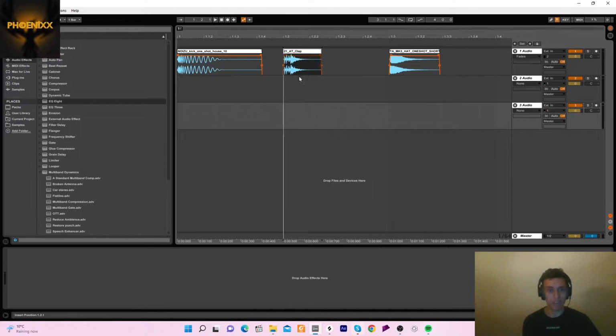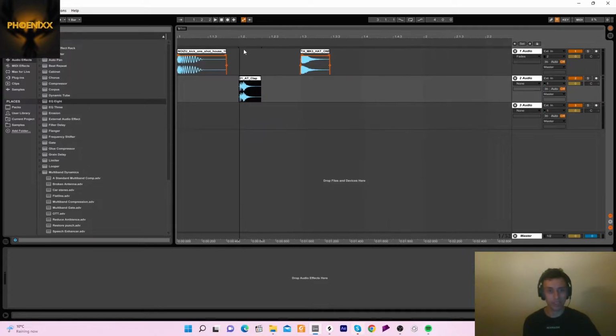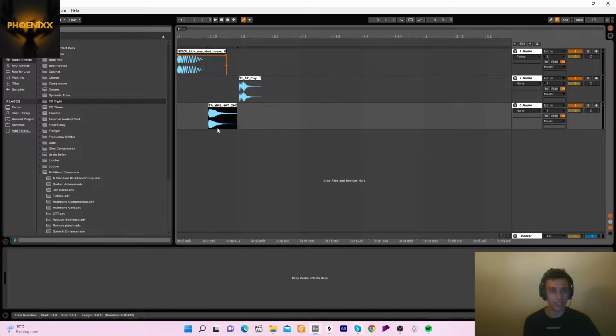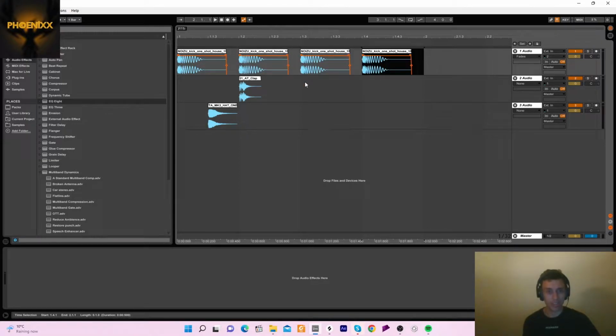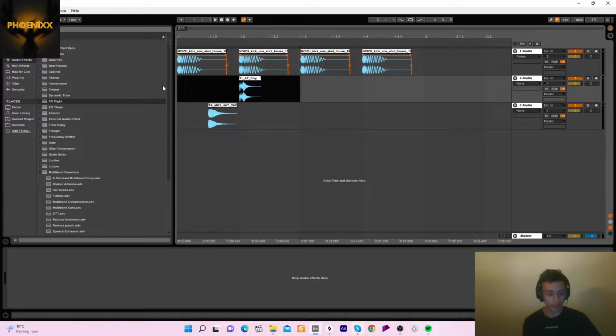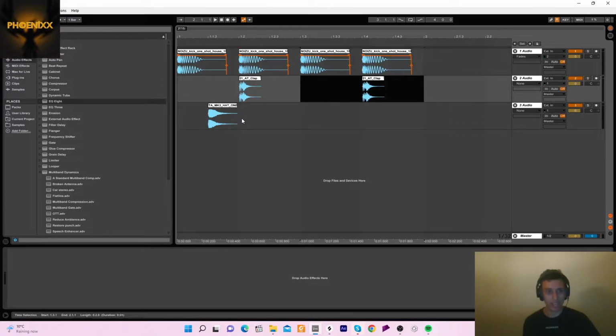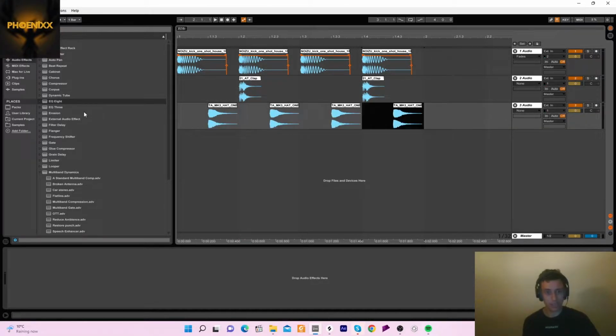Then you can just drag the clap to here, you can drag the hat to here, and also if you want to duplicate, you highlight the part you want to duplicate. So I want to duplicate this whole part here, and then you can do Control D, and that duplicates. So let's do that. I'll duplicate that. Same with the hat. So now we have,